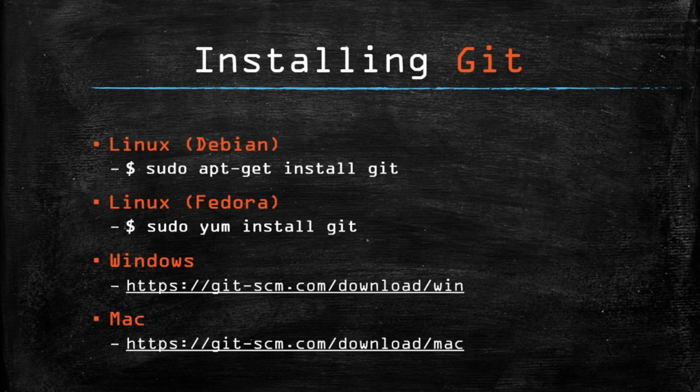So we have different operating systems on which we install Git. If you want to install it on Linux, it is a simple package command: for Debian we can use apt-get, and for Fedora we use yum. If you are on Mac, you can go to this URL right here. This is git-scm and you can download Git. And then for Windows there are a few different programs you can use, but I'd always suggest git-scm. You can visit the link, I'll mention the link in the description below, and download it from there.